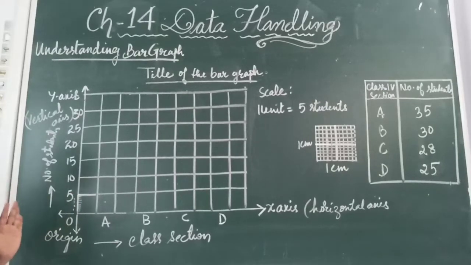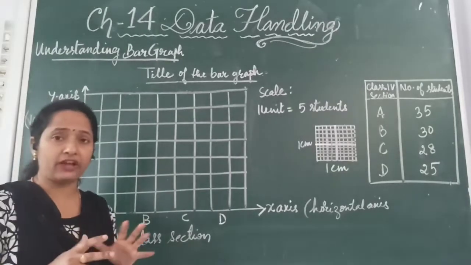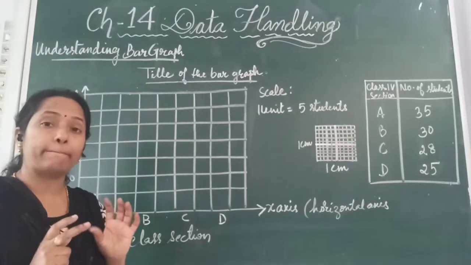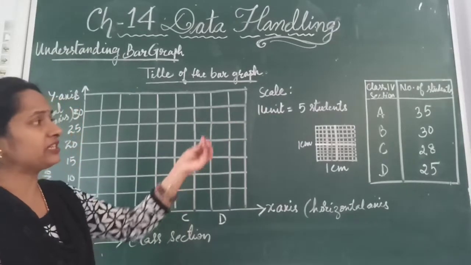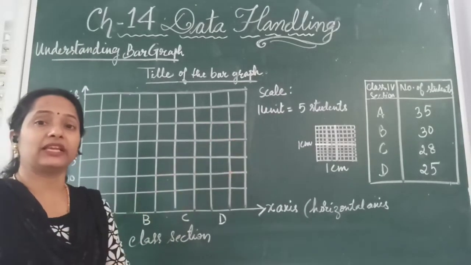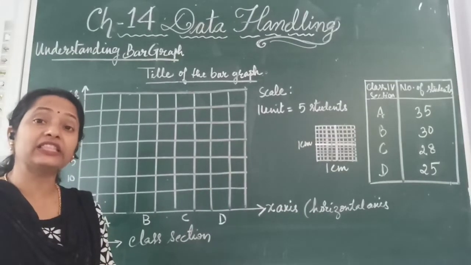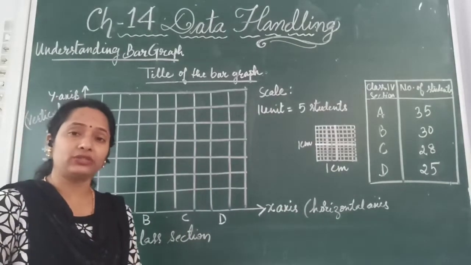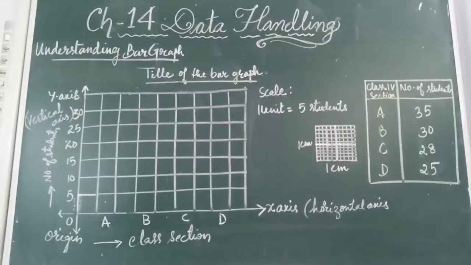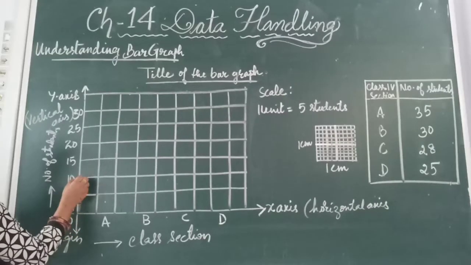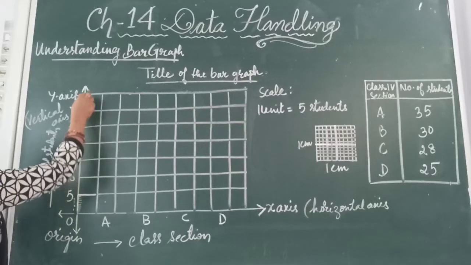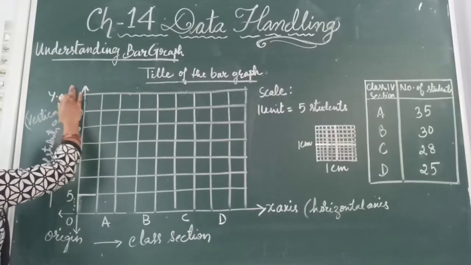After deciding the scale of the graph, now it is time to draw the bar graphs as per the number of students in each section. Now let us come to section A. You can clearly find that in section A there are 35 students. So now just come back to the bar graph and see at what point you will get 35. See, from here to here it is 5, then 10, 15, 20, 25, 30, then 35 will come at this point, isn't it?